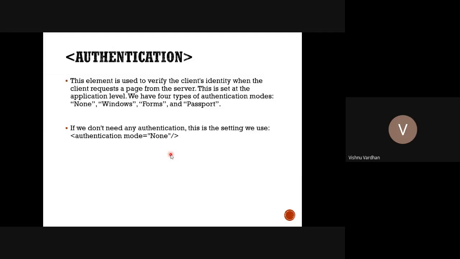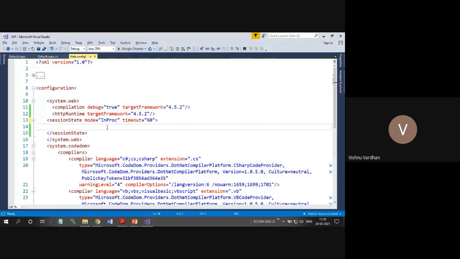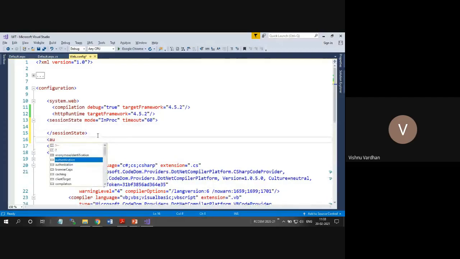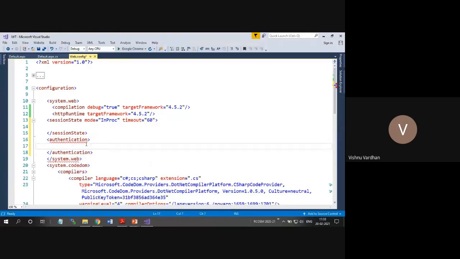So इसको कैसे रेट करना है, मैं एग्जांपल के साथ दिखाता हूँ. Suppose, after this you can see authentication element is coming here. Okay, so there are so many sections or elements we can see in this configuration setting. So in which authentication is one. मैं क्या करूँगा, authentication element को open करूँगा, element को open करके you can set with mode is equal to whether it can be forms or it can be passport or Windows, and one more is integrated, that is federated.